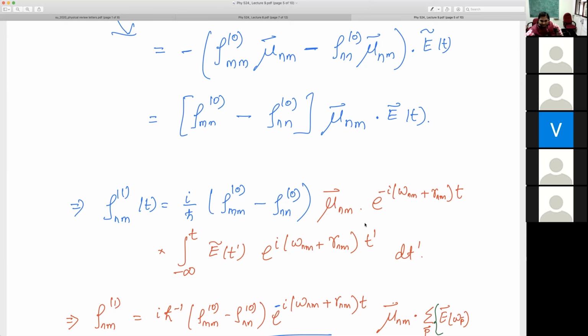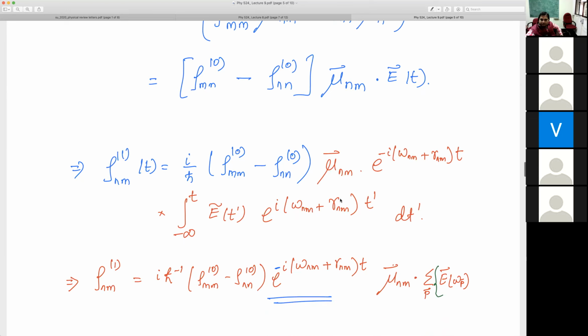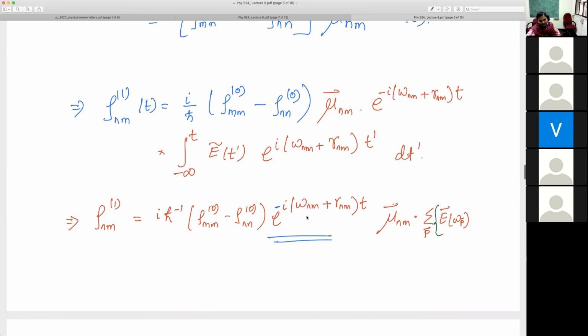Okay, so again there's typos in both of these equations, so the i goes inside. So i(omega nm plus gamma nm), here also i(omega nm plus gamma nm). Okay, and then you do this. So again here's a typo, so the i should go inside the bracket, so i(omega nm plus gamma nm). Otherwise gamma nm becomes frequency where it is broadening.